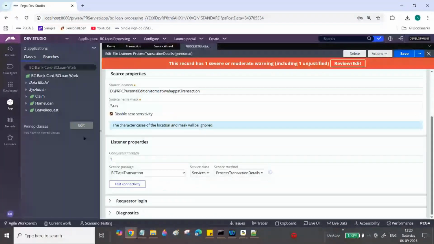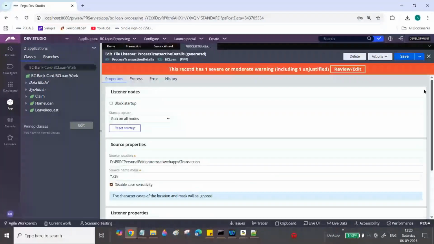Now you can see, bro, I created all the rules manually, right? Not manually, Pega itself created them. First we'll discuss the file listener. So now here you can see the listener node. Block startup means